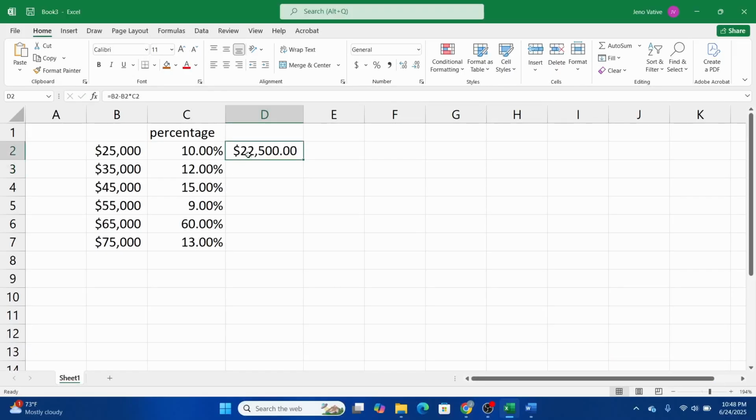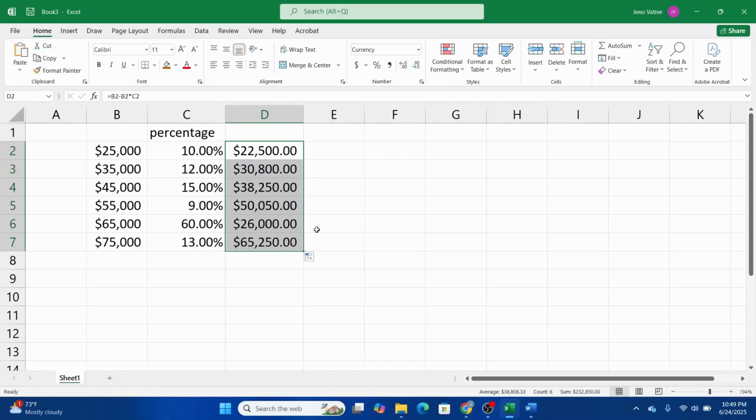After this is done, you can just go ahead and follow the same process for the other rows. You can select it, drag and drop it down, and there you will be finding all of the values. And there you go. This is the method you can apply if you would like to subtract your values in